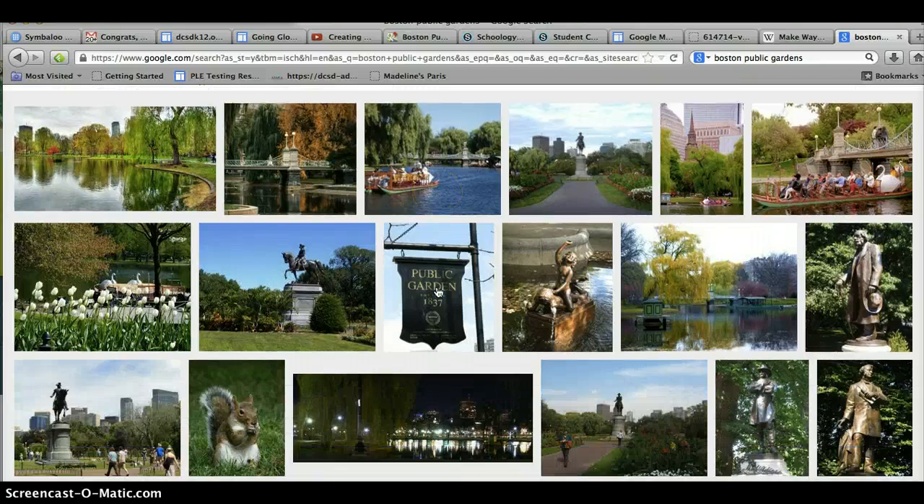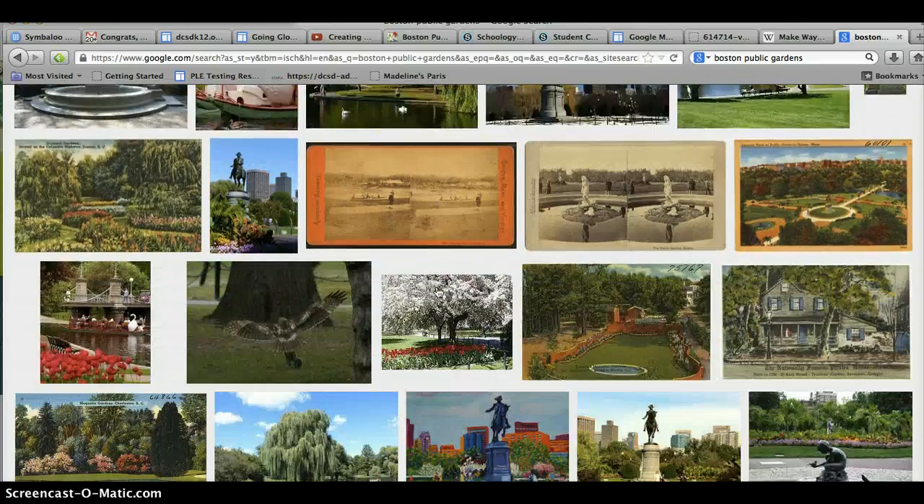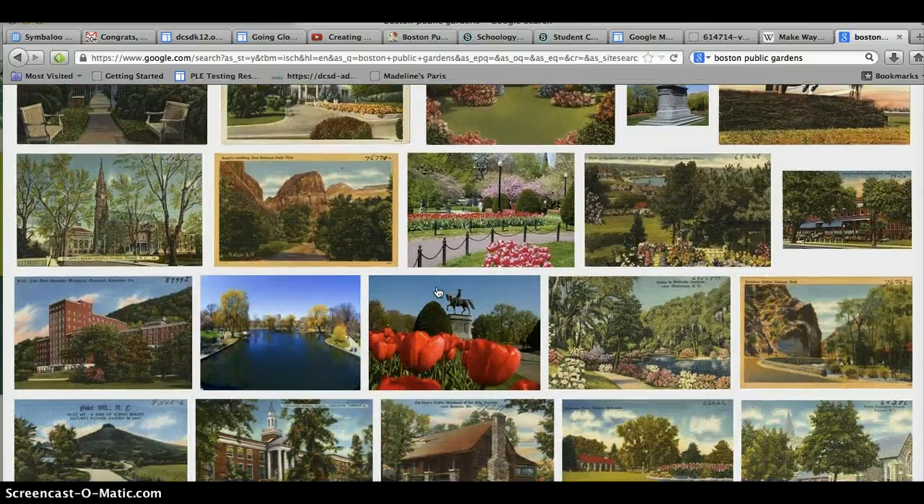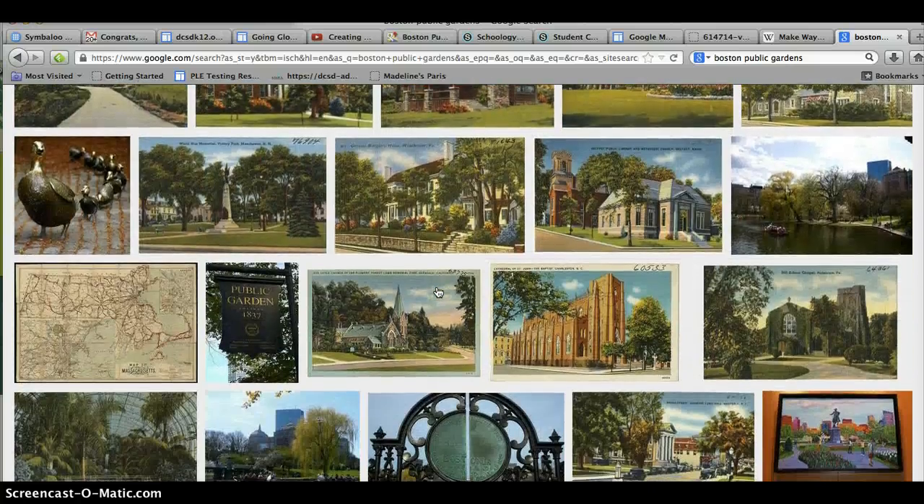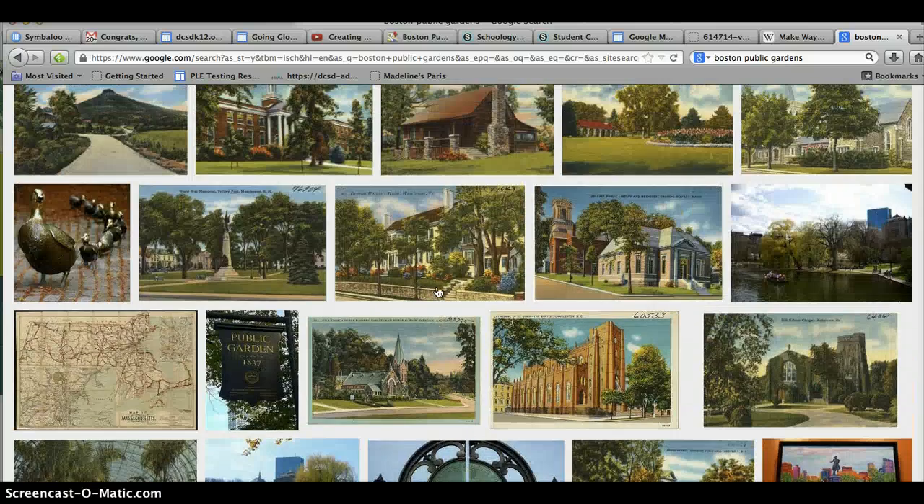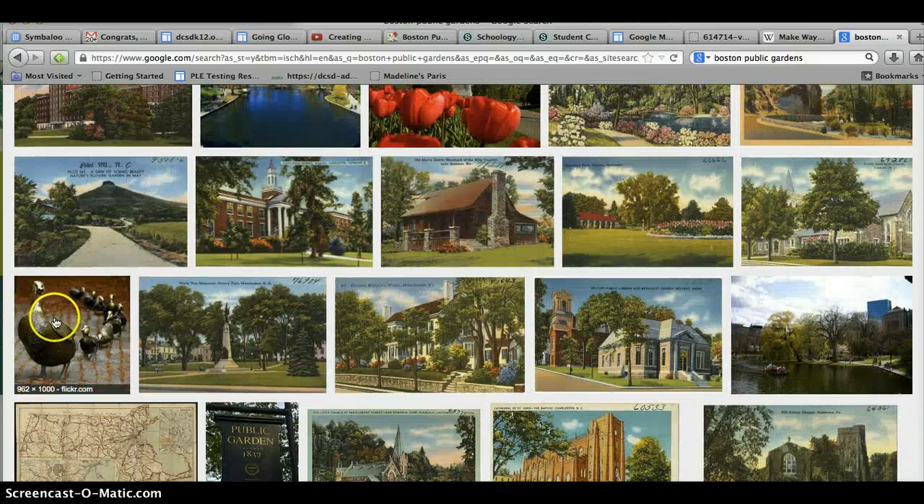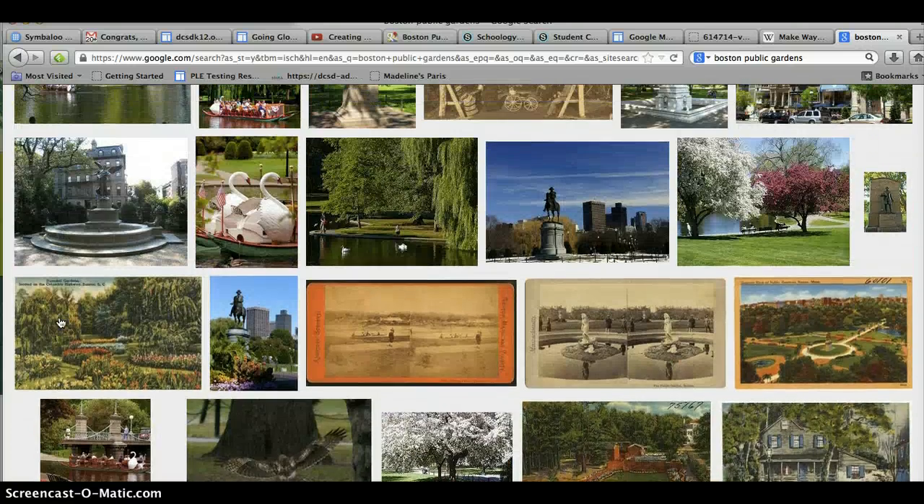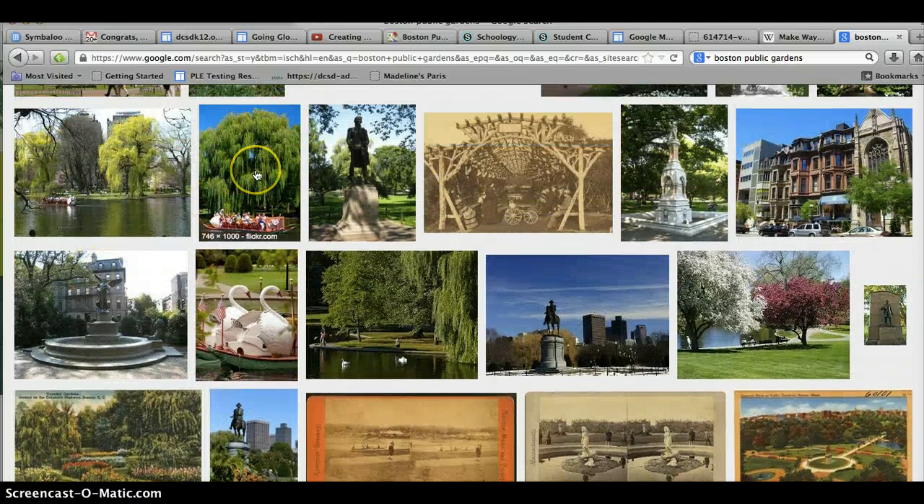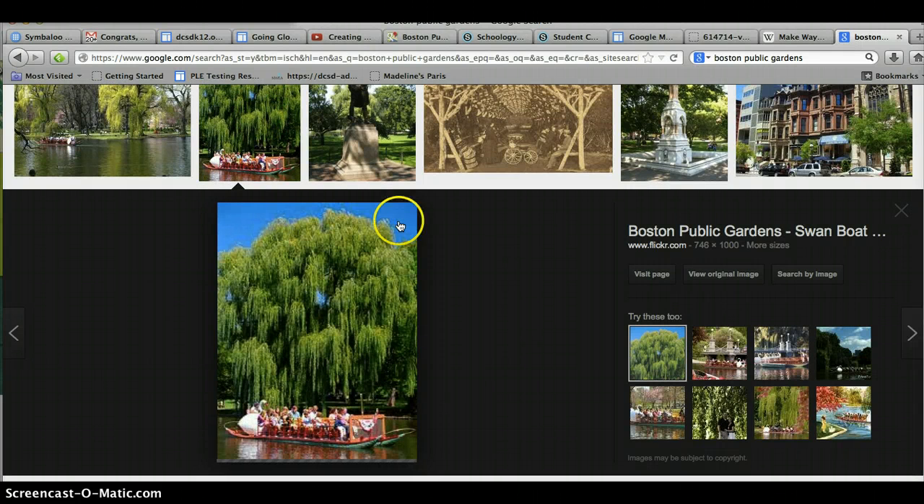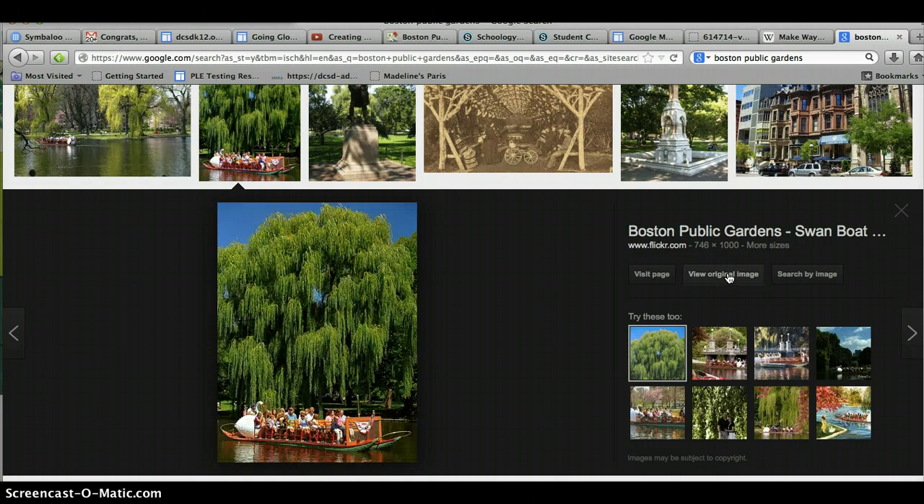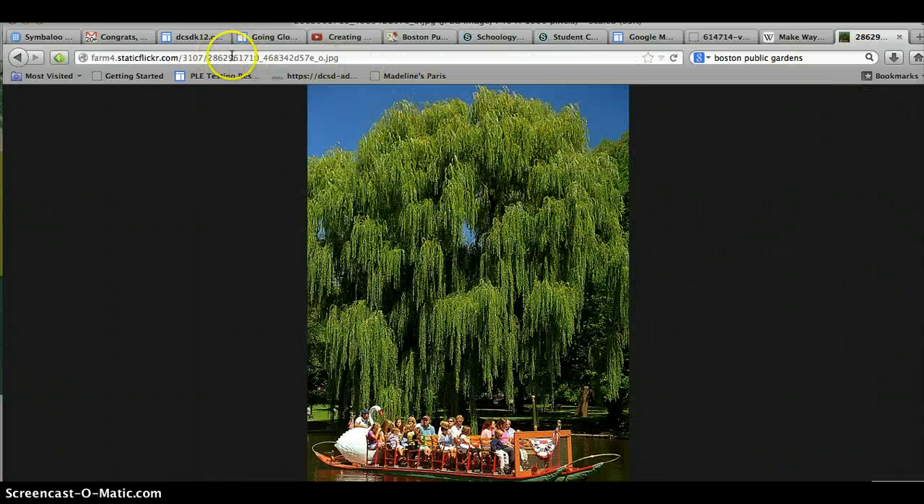And I'll click on advanced search, and now I have images that more or less I can feel confident that they're copyright free. I like that one, but I'm not quite ready to use that. So the Boston Public Gardens is quite well known for their swan boats. I think I'm going to click on this guy, and I'm going to go to View Original Image, because that's going to give me the image URL, which is what I'm going to need. So I'm going to go up here, click on that, copy it,